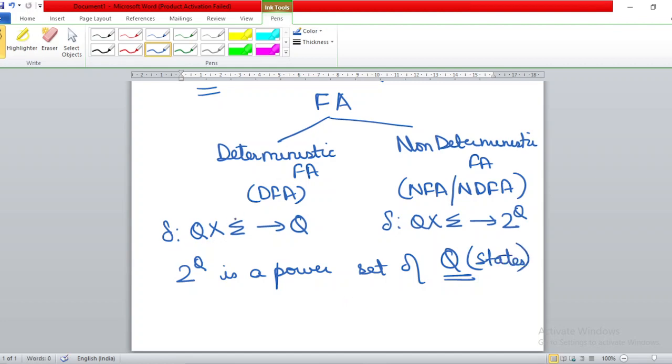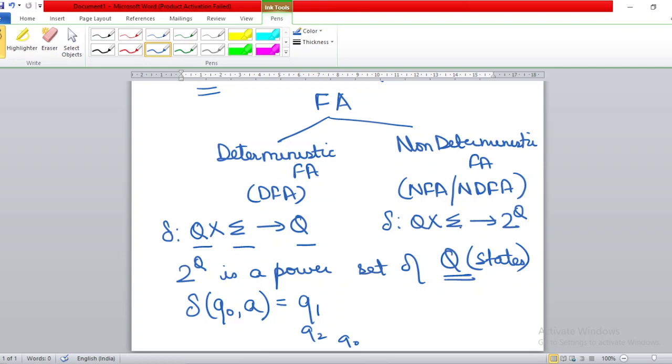So what it means is that in a deterministic finite automata, in a particular state, when you give certain input, you will always go to one state. You can go only to a single state, right? For example, in a state Q0, if I give input as A, I can go to any one state, Q1, or I could go to Q2, or I could remain in Q0, whatever. But the transition will be only to a single state, so this is why it is a mapping from Q cross sigma to Q.